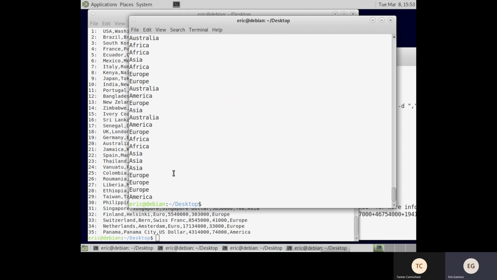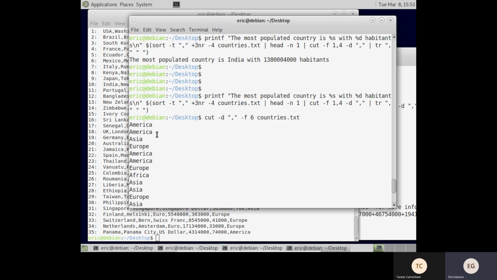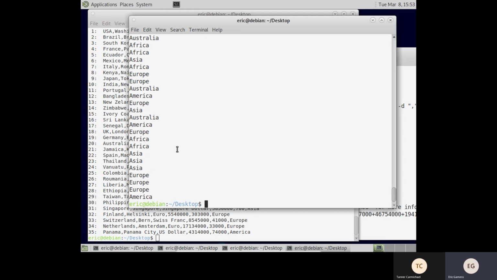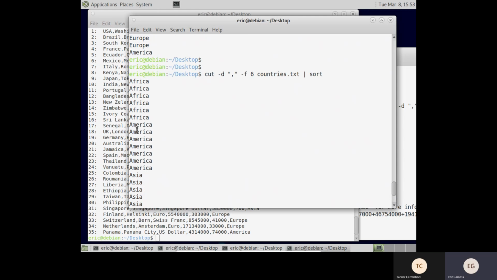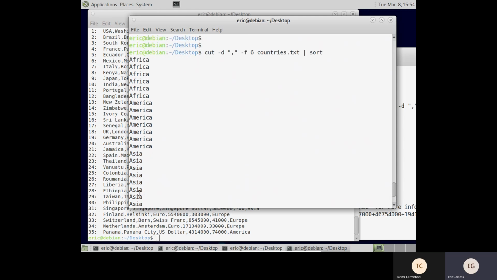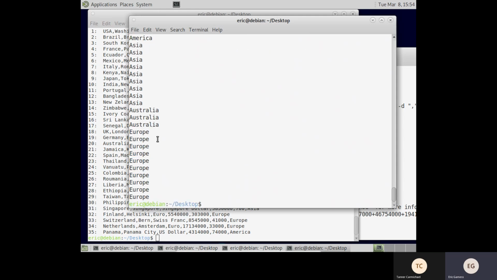So look, we have all the continents. America, Asia, Europe. So what are we going to do now? We are going to sort them. If we sort them, look, all Africa is together, all America is together, all Asia is together, all Australia is together, all Europe